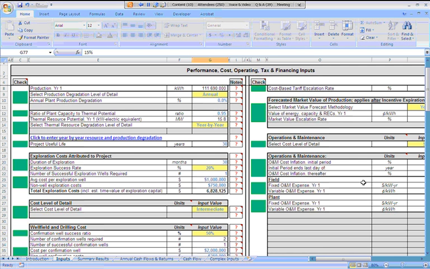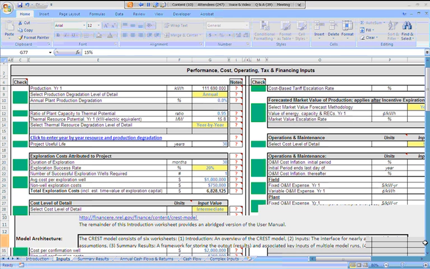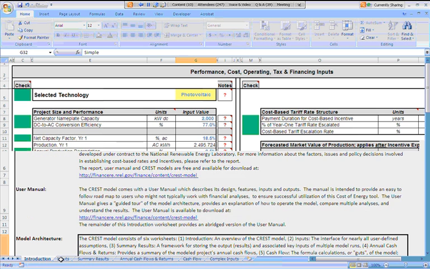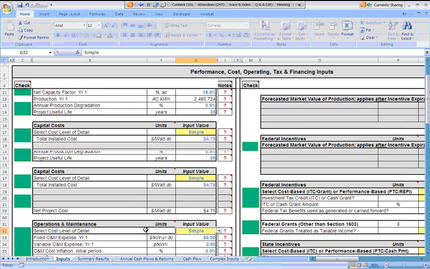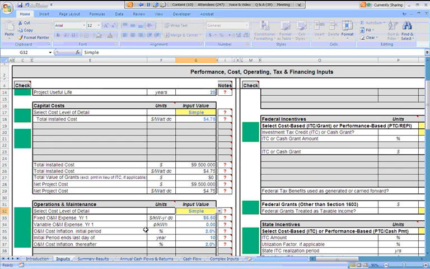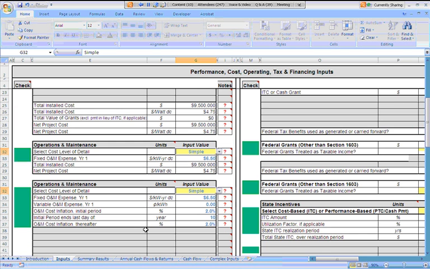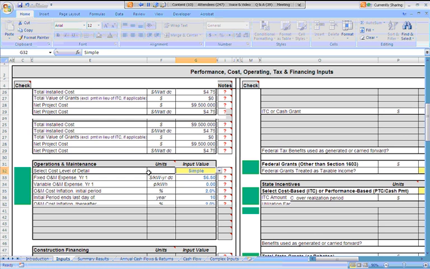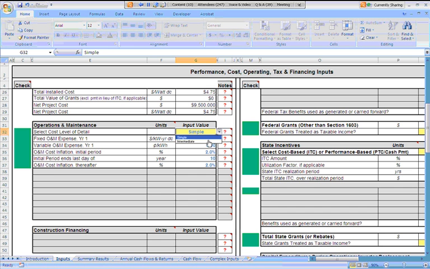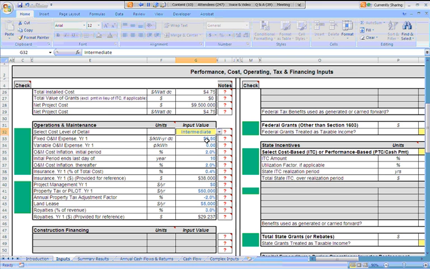Great, thanks. Another question: where may we enter business personal property taxes due yearly on a PV system? So property, do you want to show them where property tax is? And they're also interested in insurance costs in the system. Sure. Well, I've gone back to the solar model. Hopefully it's showing up well on your screen. In the operations and maintenance section, you will need to use the intermediate level of detail. And we have a line for insurance, which is input as a percentage of the total project cost. And then